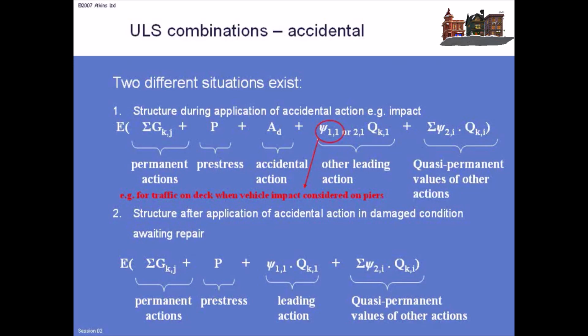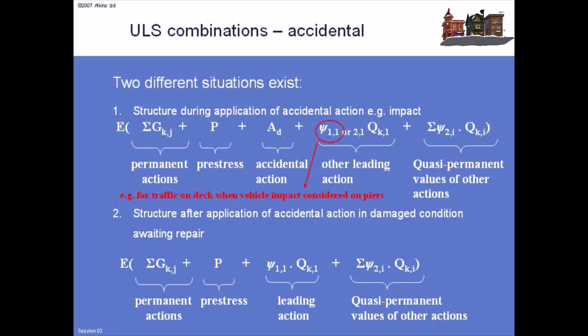So that's during the impact. After impact, depending how we've designed it, we might have designed it with a plastic global analysis because that's allowed in the Eurocode. So you might actually have a column that's now leaning over at a certain degree because of the energy it's absorbed. In that situation, the actual impact has gone away, but we've got to make sure the thing can still stand up in its damaged